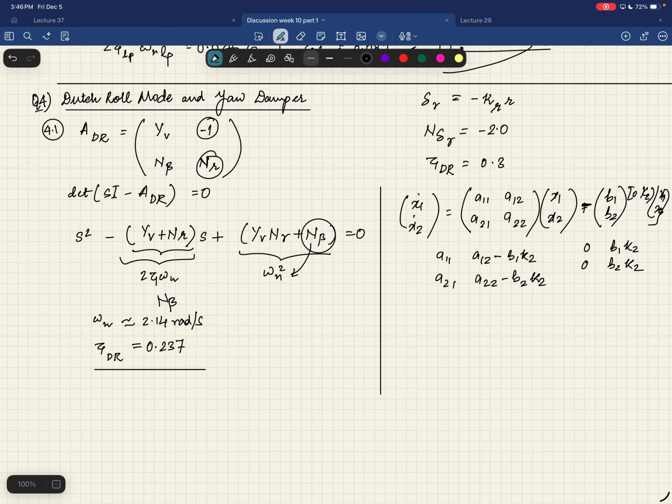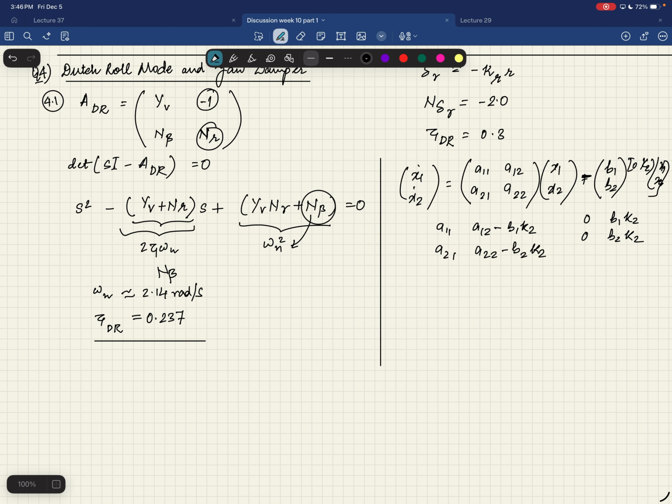Psi in lateral mode. Okay, psi is a completely uncoupled mode, it has just one entry 1 in its 5x5 state matrix. It's just given as psi dot equals r. So psi is an uncoupled state in the lateral mode dynamics. So you have to remember all of these things. These are small tiny things which will come up in your conceptual questions. Okay,